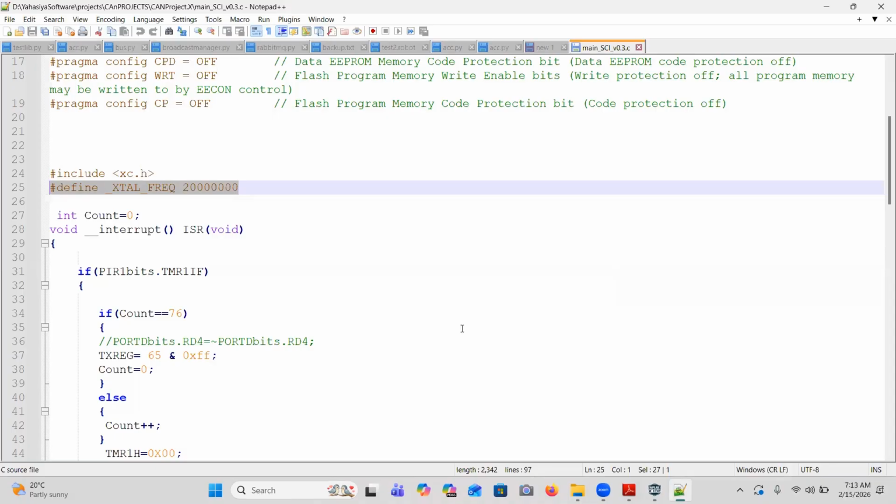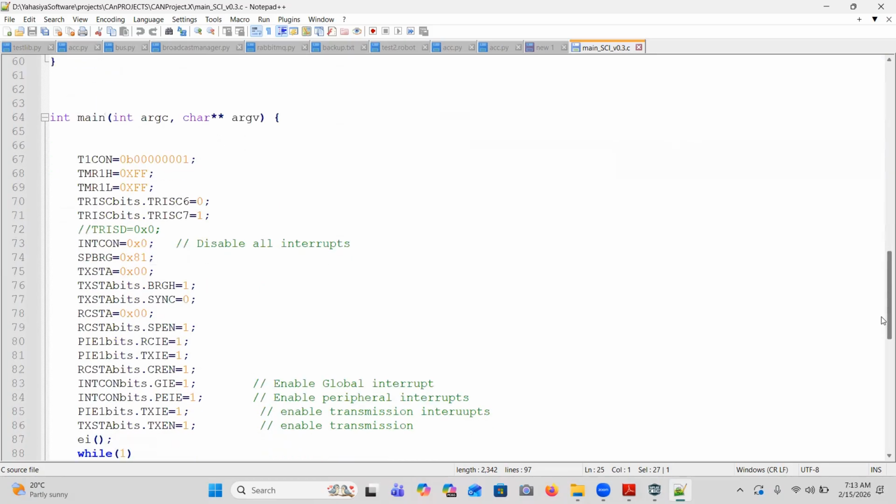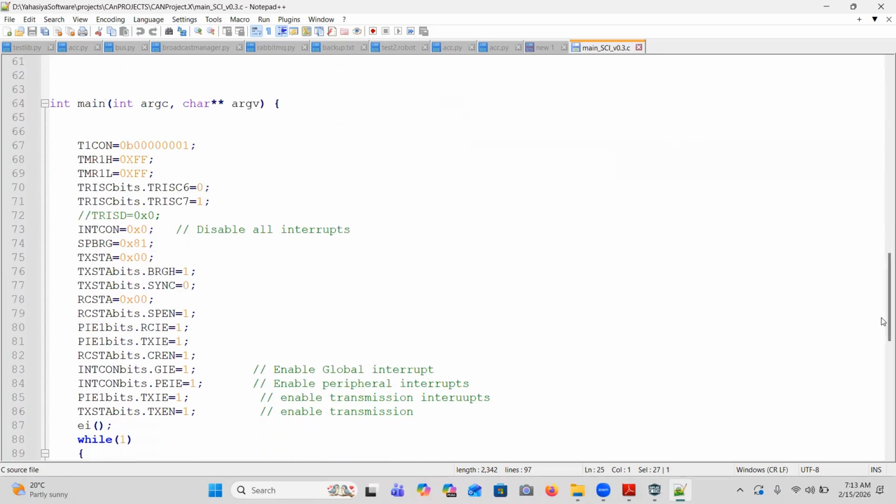After that, I think here is an interrupt service routine. We don't need to bother about that. Let me directly come to the main. These are the different initialization that we have to do. Here, forget about these things. These are related to the timer. Here we have a